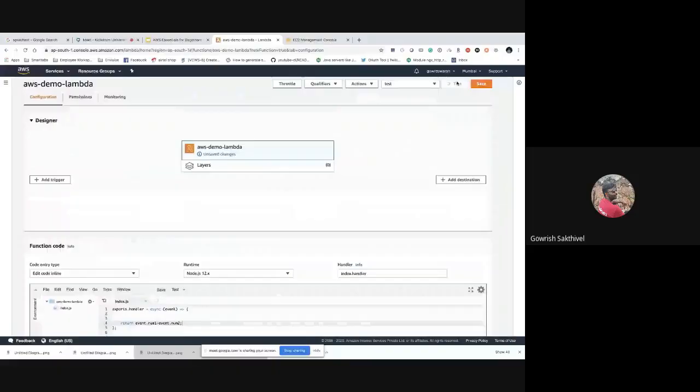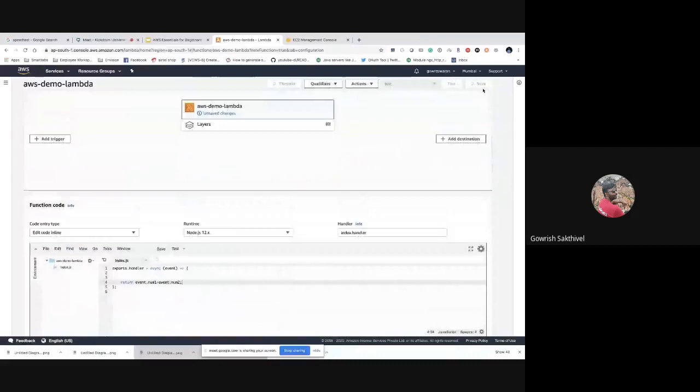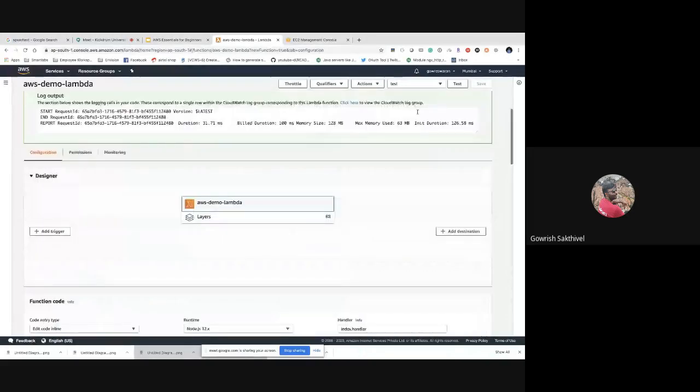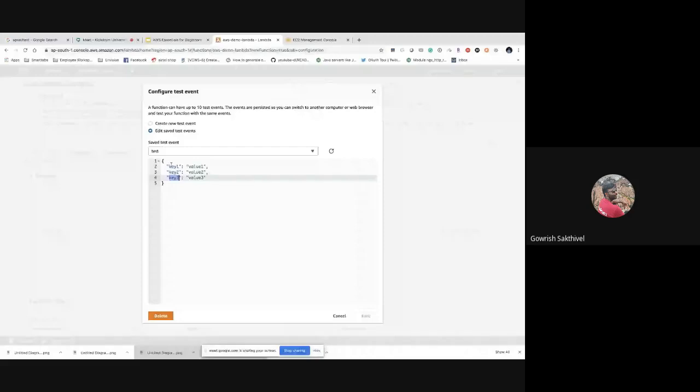So let me go ahead and test it. Like you would see what happens. Okay, I think I need to save this. So it returned me null because in JavaScript, if you add 2 undefined numbers, it would give a null. So the issue is if we go to the events, you see, I just have key1, key2, and key3 as the JSON data as an input. So instead, we have to have num1 and num2. So I just change it to